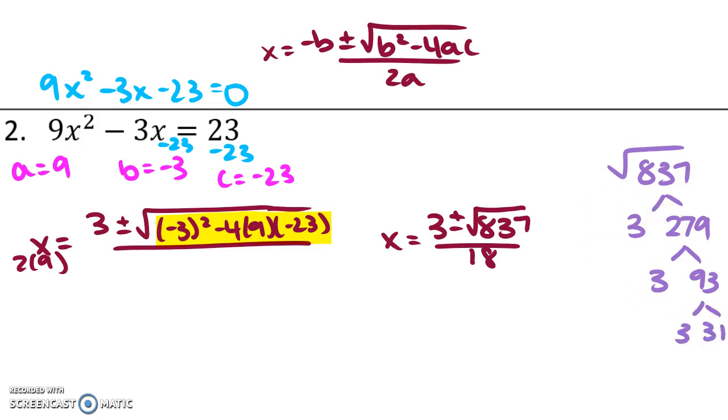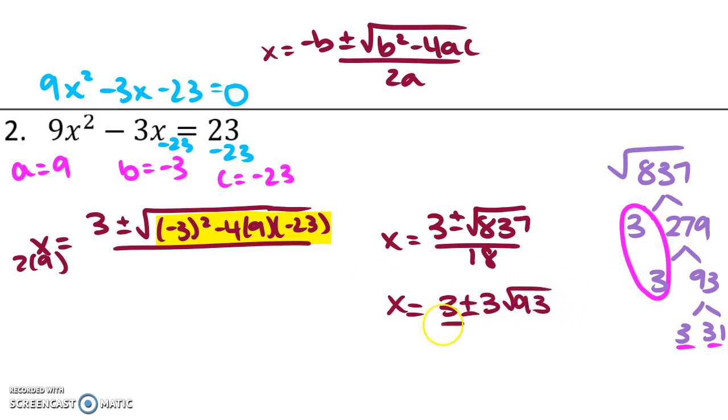But remember, when we're doing the square root, we're looking for two of the same numbers, which means we have 3 and 31 still left, which means we have x equals 3 plus or minus 3 comes out, root 93 stays in, all over 18. But notice how all of these are divisible by 3, so we can divide them all by 3. So we have 1 plus or minus 1 root 93 all over